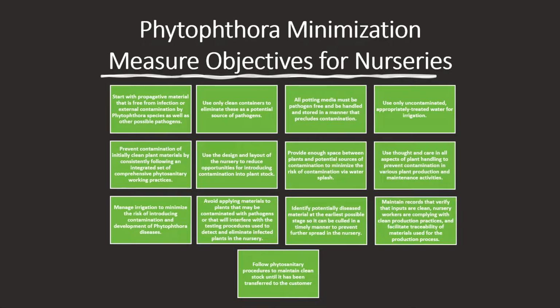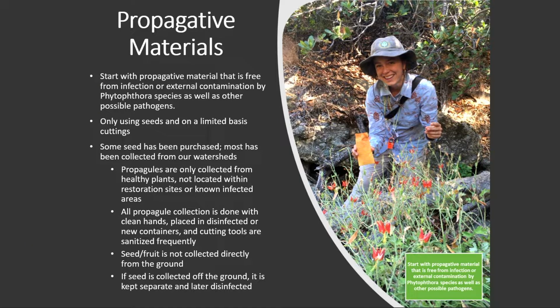So don't be discouraged, because the other thing I'll say is that the way that we've done this is not necessarily the way that you have to do it to be in compliance with the BMPs. This is the way that we chose to do it, but it's not the only way to do it. So before I go into the nursery, I just want to point out that the best management practices do